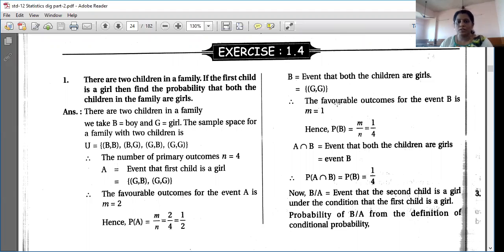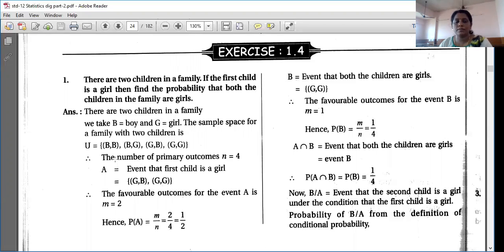First sum. Now these sums are based on the conditional probability, law of addition and law of multiplication. Okay, and all the three concepts were very much clear for you, and a hint was also given to you, like what comes when intersection, that multiplication should be used, and which sign should be used for union. That I have explained you clearly. Okay, so let's see all the sums. We'll start with the first sum.